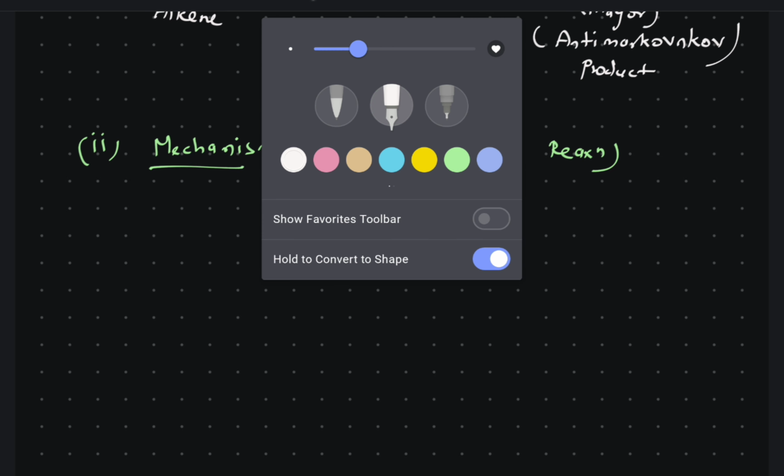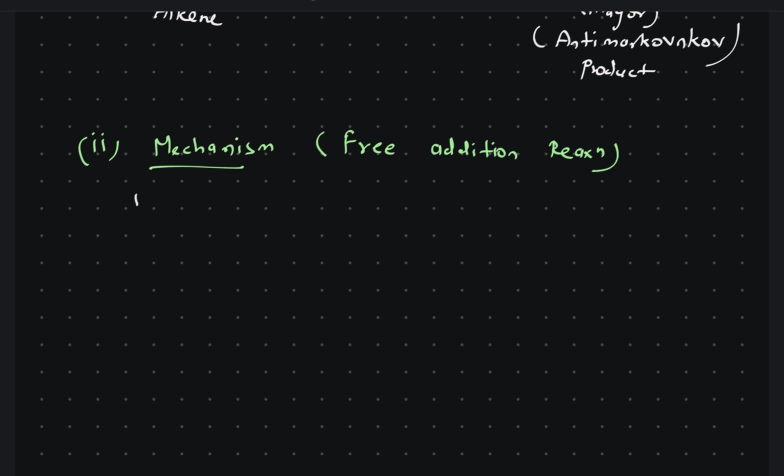So how will it form? The first step in the mechanism is the chain initiation step, meaning the reaction starts in this step.